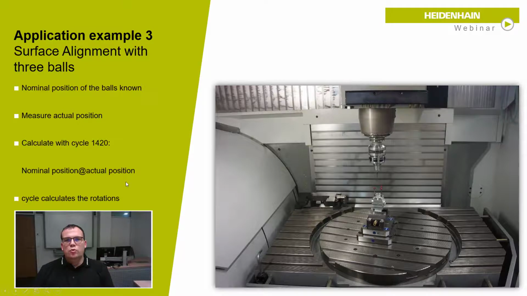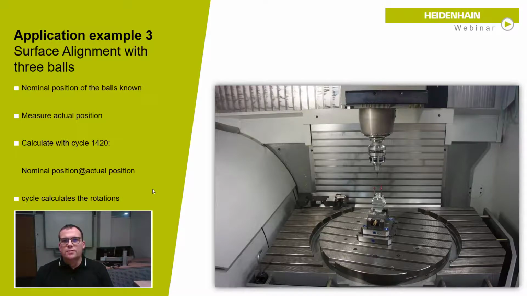So these two values I know, and the probing cycle should just calculate for me. And that is an example what we often have in the mold and die production, that the workpieces are aligned over 3 balls which are clamped on the mold, and they know the nominal position from a